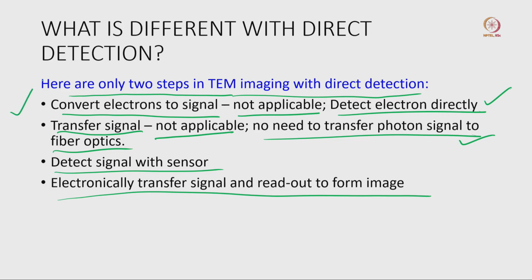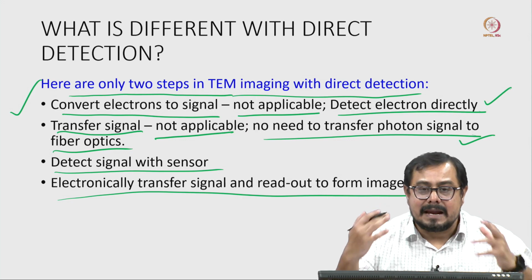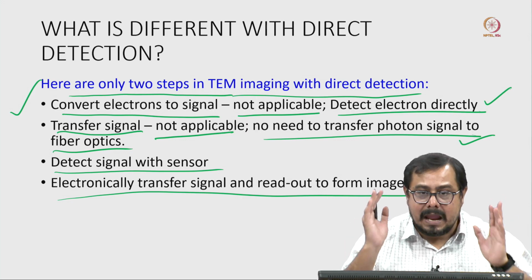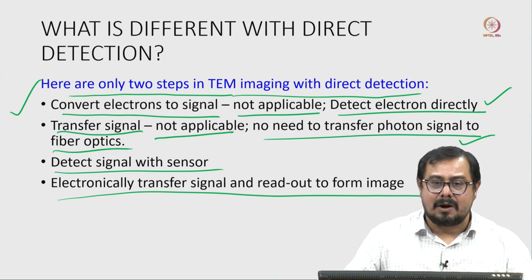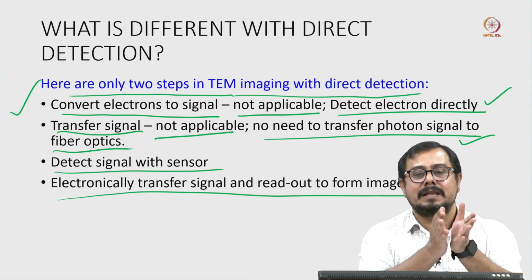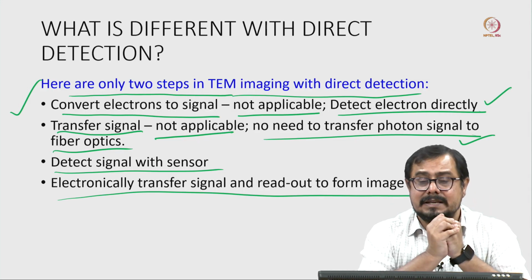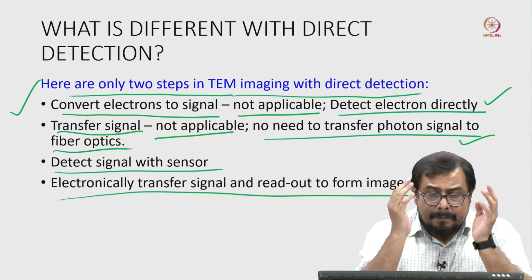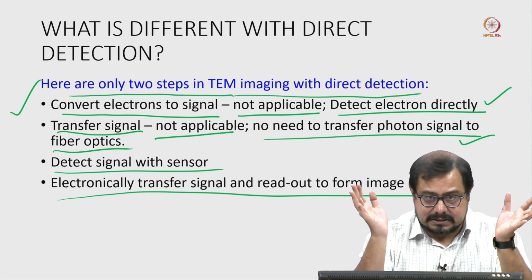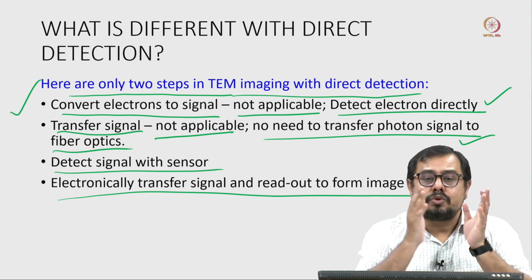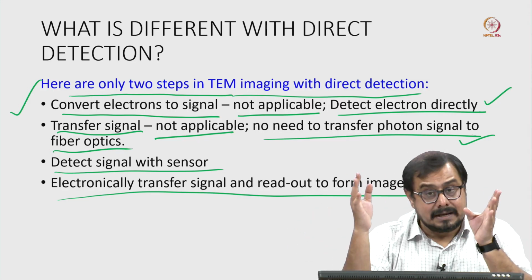So, these are the 4 important points that help us to get fast readout and very good quality and high resolution images. And also because of this fast readout, we can correct the drift, and it preserves most of the high frequency signal. When we preserve high frequency signal, that will help to get a high resolution structure. Now, those high frequency signal, low frequency signal, we are going to discuss in the next class.